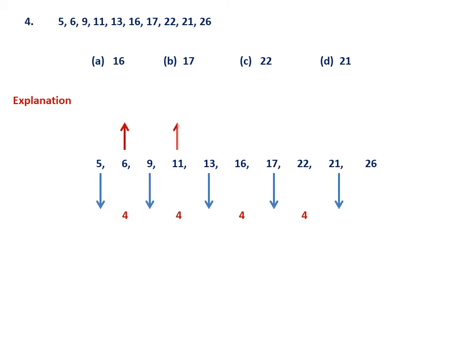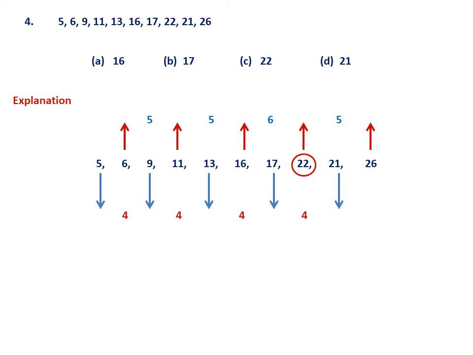Look at the next one, 6, 11. It is 5. Then 11, 16. Once again it is 5. But look at this one. It is 6. And the next one is actually 5. 22 plus 4 is not that one I am telling. 22 is not belonging to the category. So actually it should have been 21. In that case, if you put 21 in place of 22, then definitely it will be a series with a common difference 5.